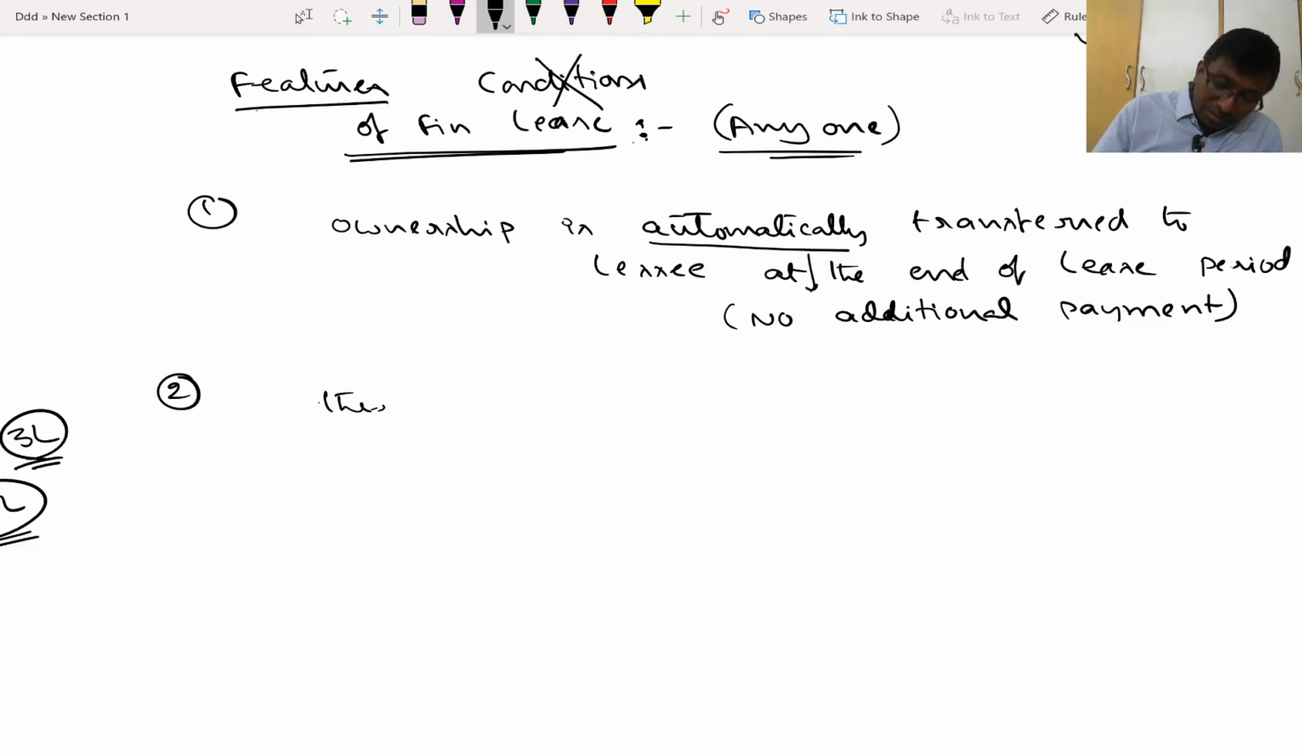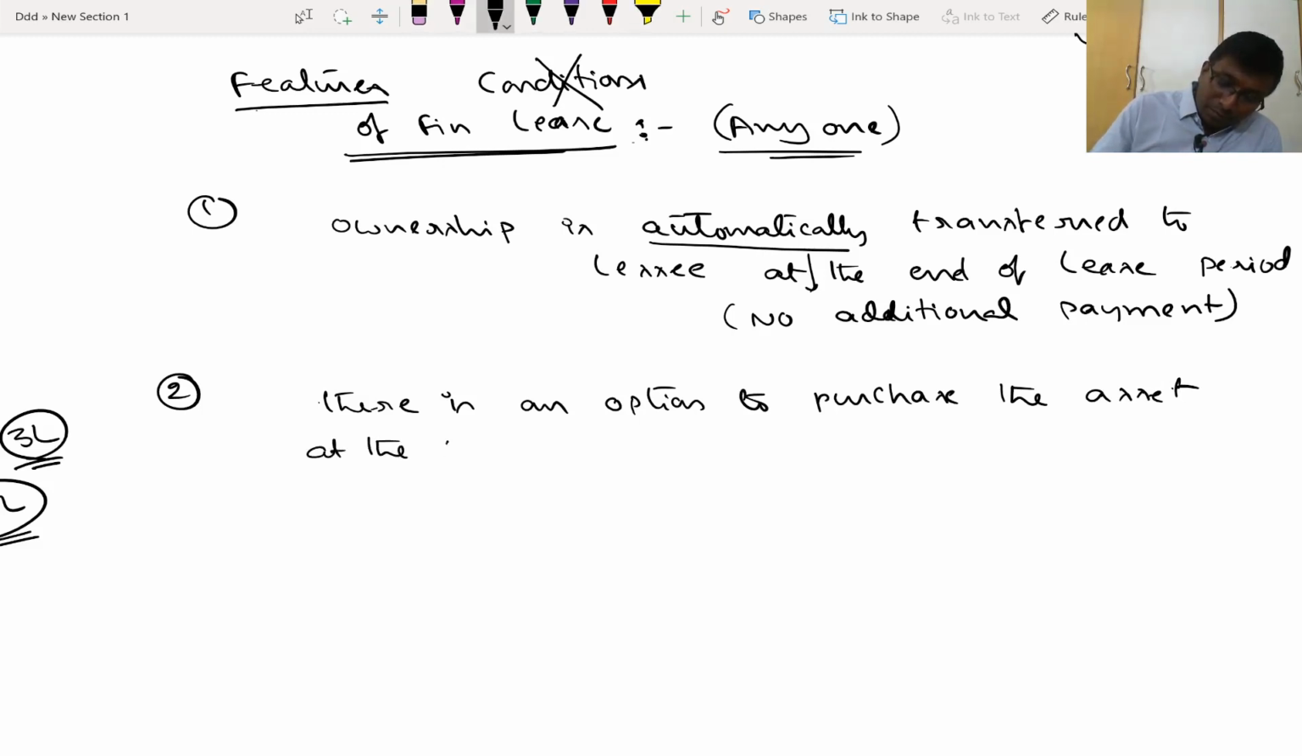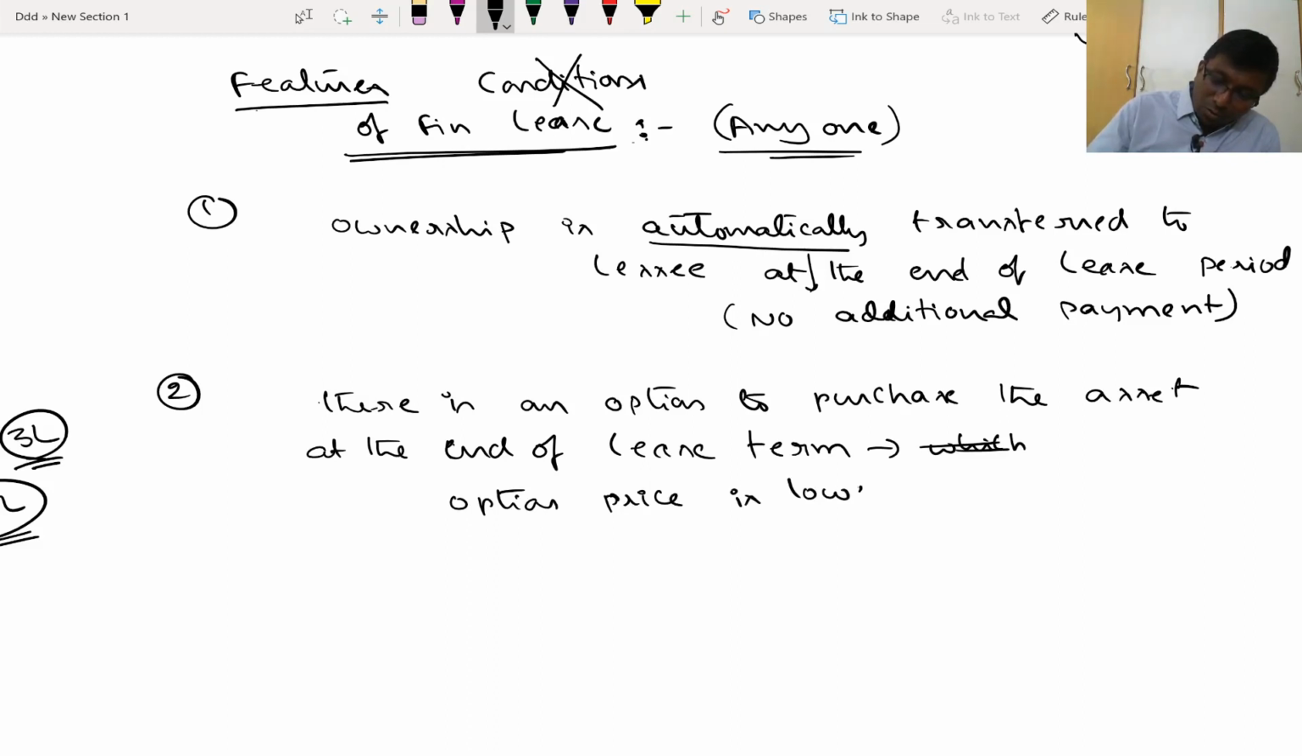There is an option to purchase the asset. Asset means leased asset. The option is to purchase the asset at the end of the lease term, which means the option price is lower than the expected fair value,